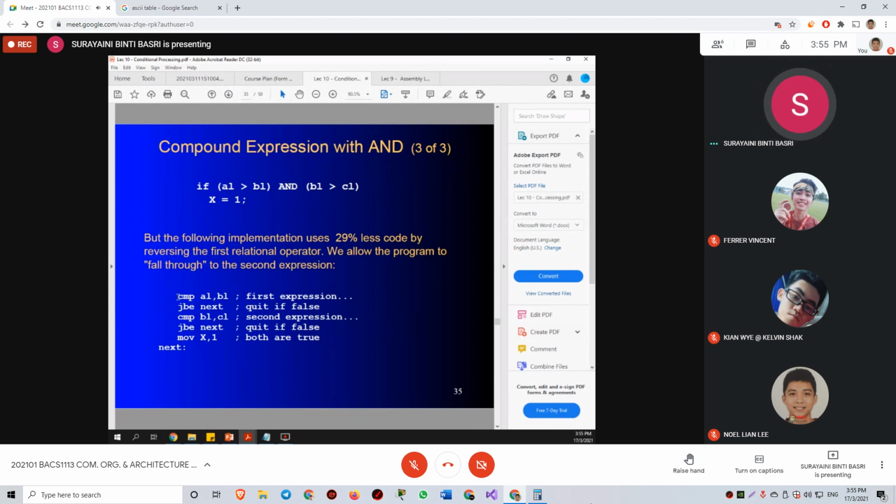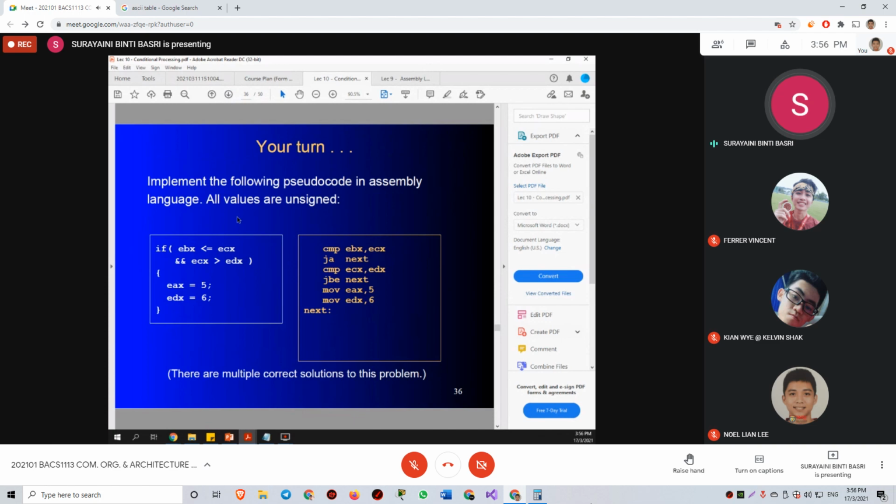Whichever structure or code that you understand the most now. This code uses 29 lesser code by reversing the first relational operator, so we allow the program to fall through to the second expression. So you just follow this, okay, if you want the lesser code. And then